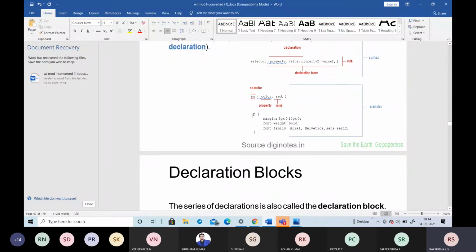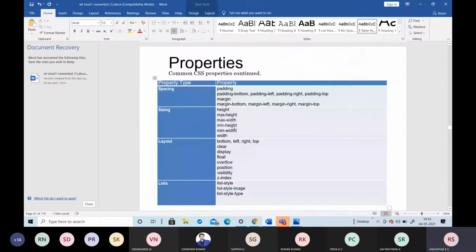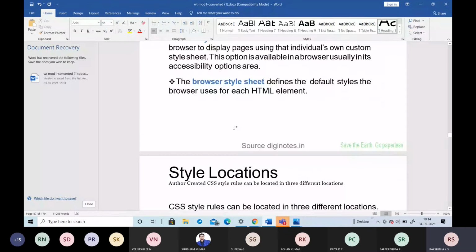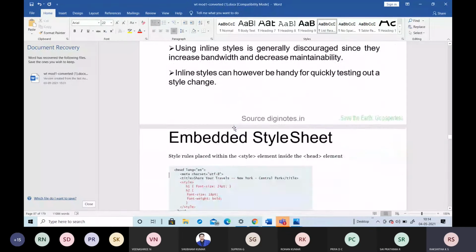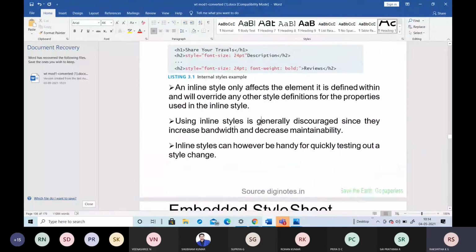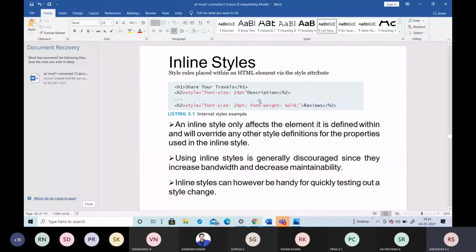But in the case of an inline style, the selector is not necessary or required. Only the semicolon is required for separating the multiple rules. Here only the semicolon is enough. Look here, I have given the semicolon between the two different properties. Only a semicolon is required to separate the two different declarations.